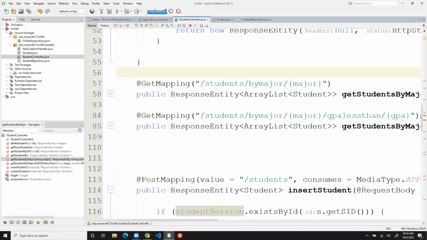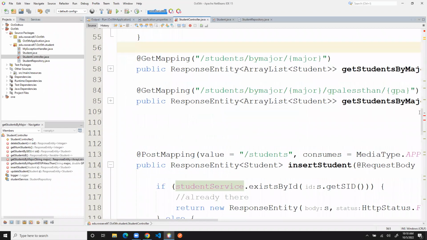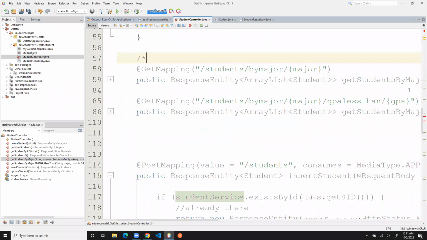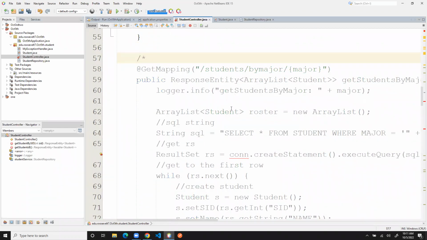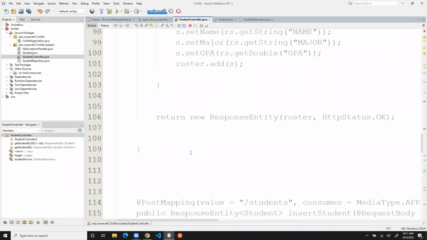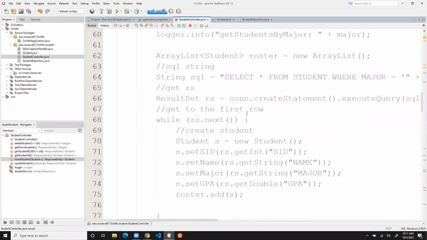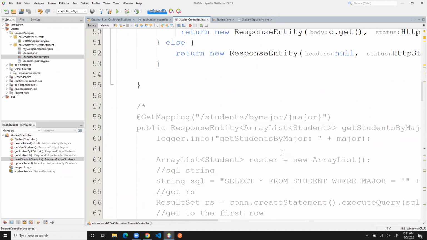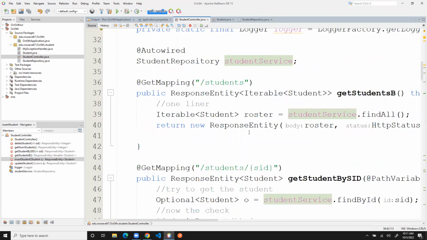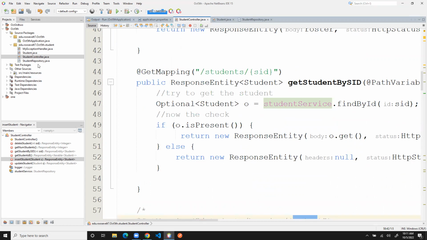Wait, oh yeah. The second I did that, this is not going to work. So we're going to go ahead and, yep, of course. I just comment that out and we should no longer see an error. Yay. Because I killed the connection. That's why we wanted, but major, I want to show you the alternate method to get a single student using